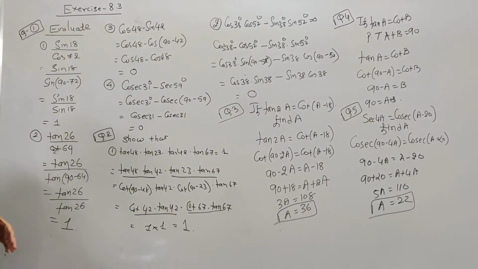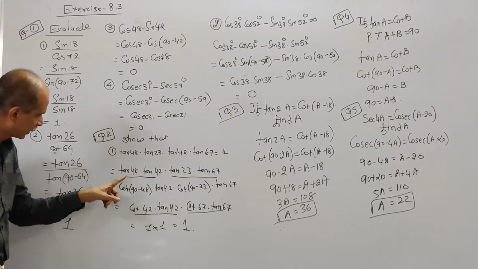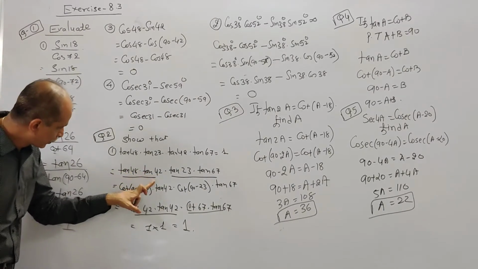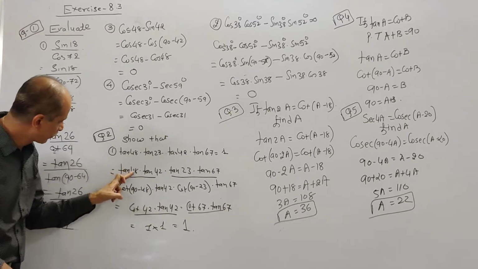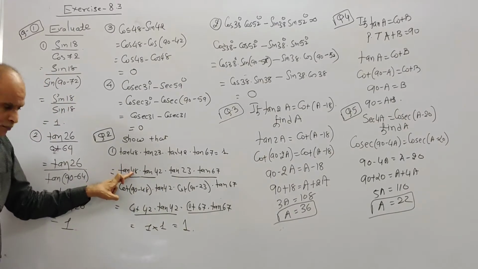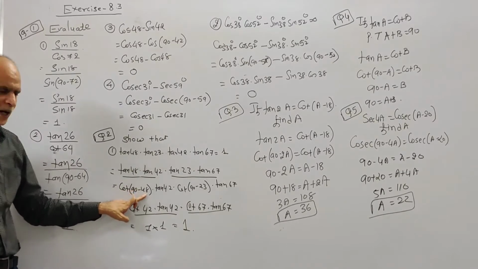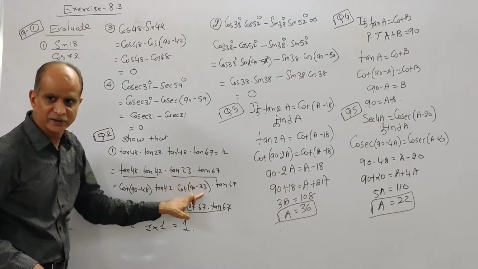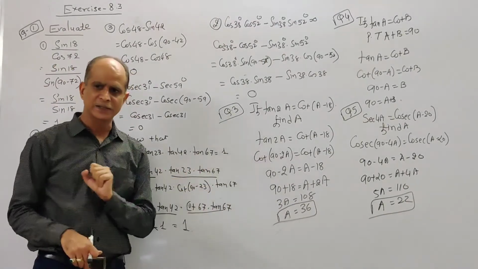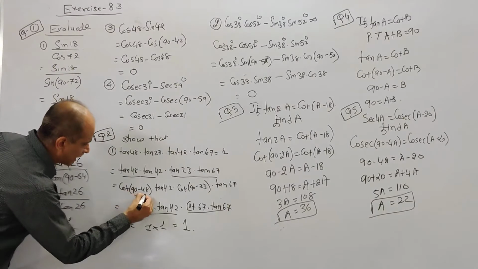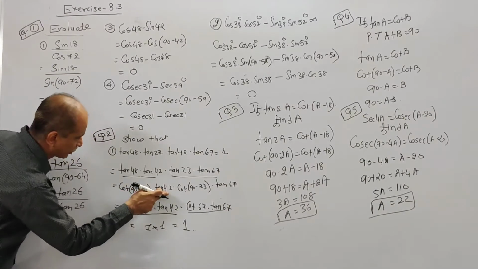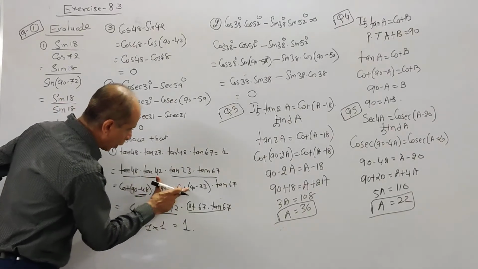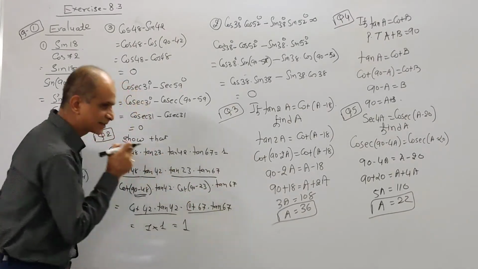Now you can use the same concept in each pair. You can convert either tan 48 or tan 42. So tan 42 as it is. Let me convert tan 48: tan theta means cot 90 minus theta. Tan 23 means cot 90 minus 23 and tan 67 as it is. So cot 90 minus 48, again you get 42. So cot 42 into tan 42 into cot 67 into tan 67.